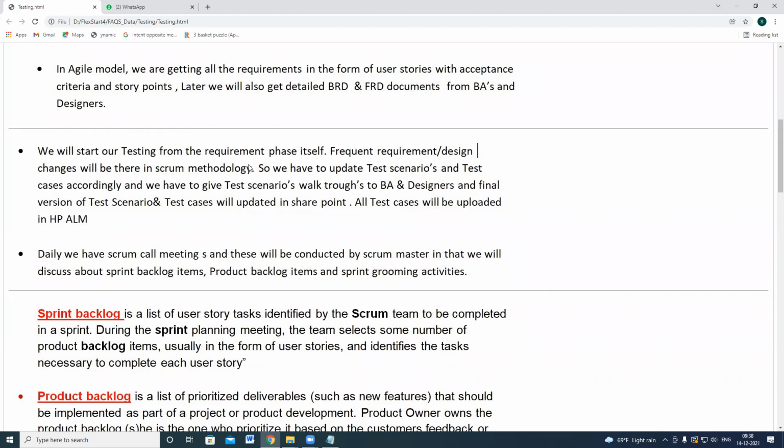So he can change the requirement description at any point of time. In sprint 1 or sprint 2, he can come up and has the right to modify the requirements. Once he has modified the requirements, we also need to update our test scenarios and test case objectives accordingly. So such kind of rework will be there in the Scrum methodology.